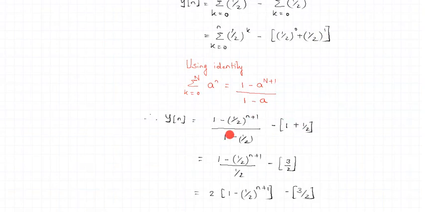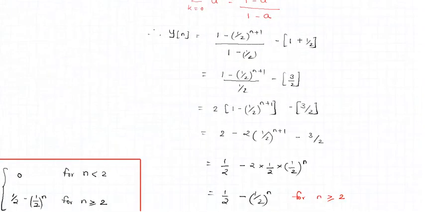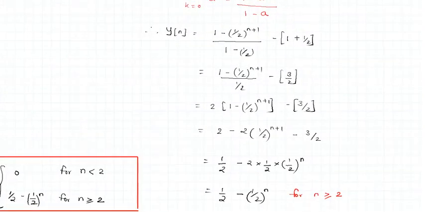So simplifying this particular equation, we get yn. The entire simplification is shown here systematically. We get yn to be 1 by 2 minus 1 by 2 raised to n. Simplifying the equations, cross multiplying and simplifying, we get the value of yn to be 1 by 2 minus 1 by 2 raised to n. And this is the result for the region n greater than or equal to 2.